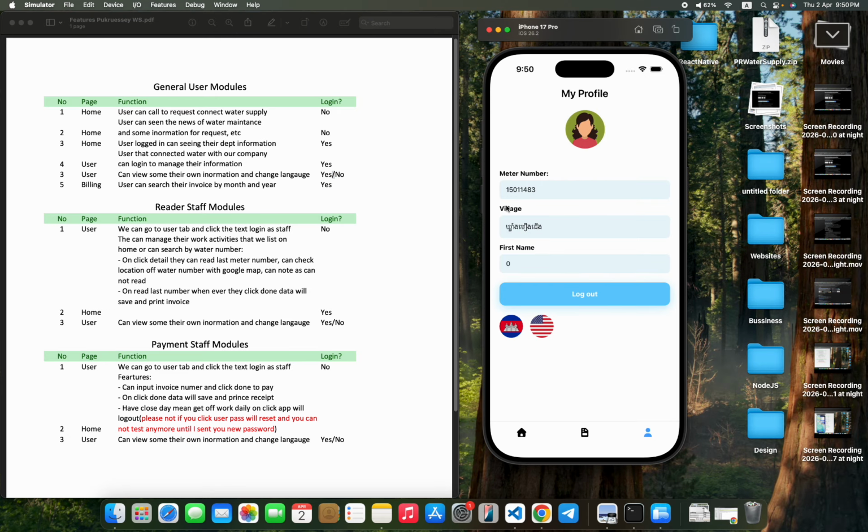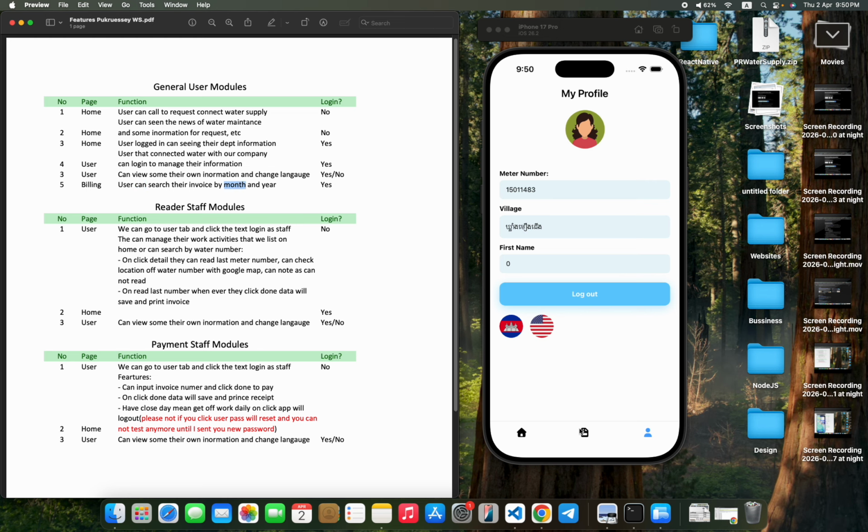For the user tab, they can see the meter number, the village, and the first name. This is testing data, so the first name is wrong. Yeah, that's correct.